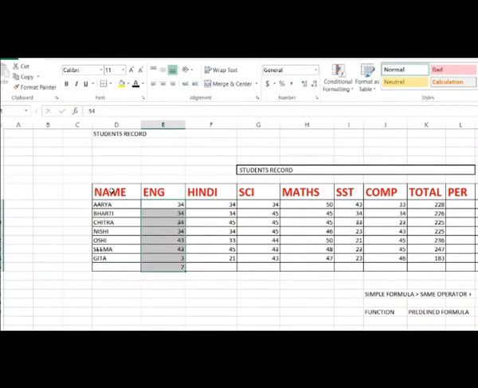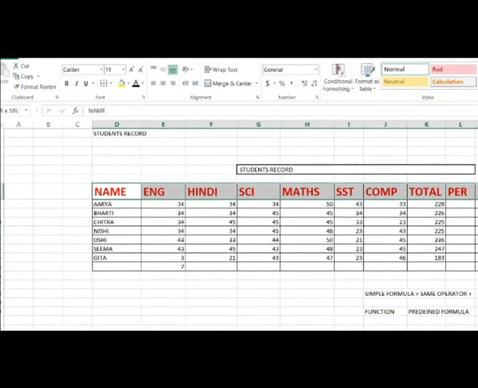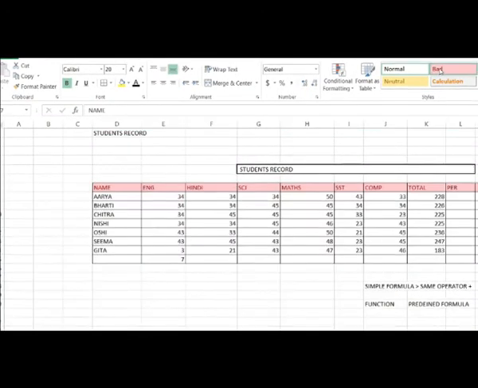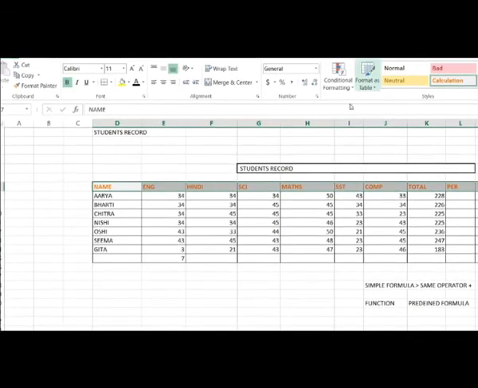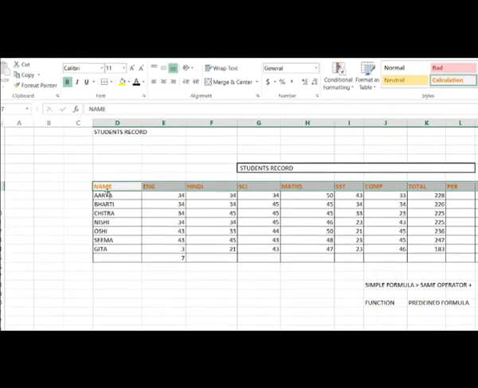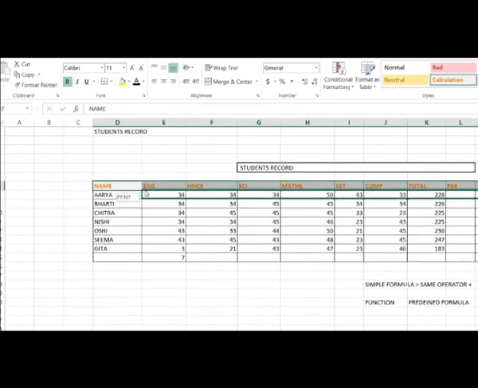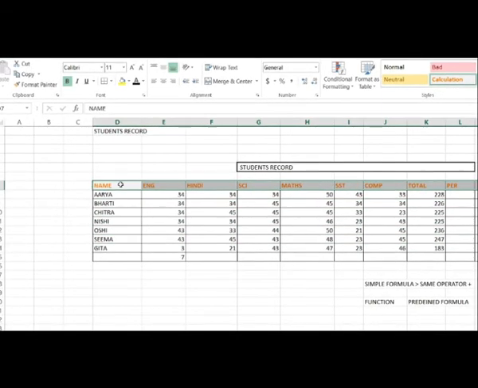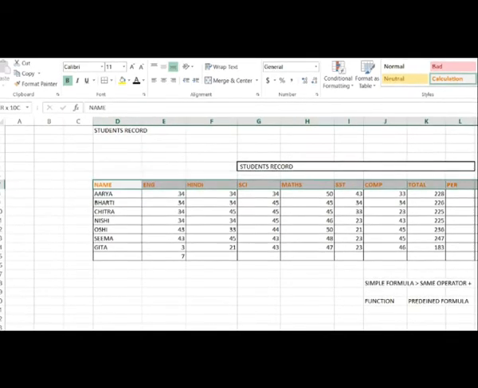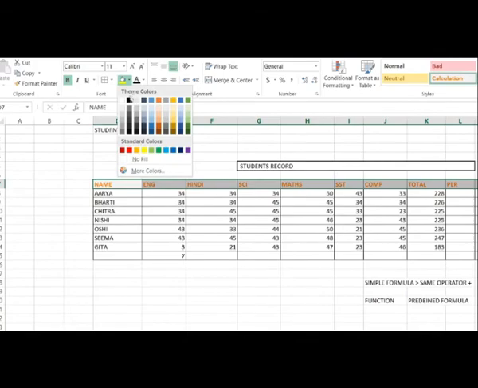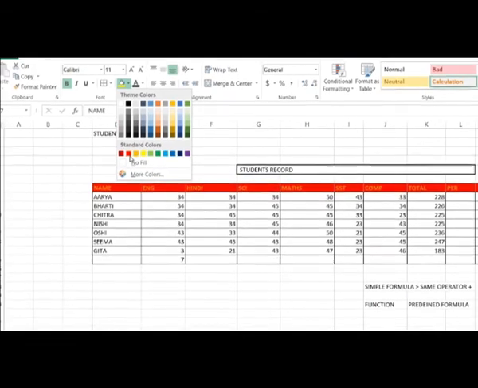Now I'll tell you how to format. You color it. See, it got changed. These are the design styles it will give to your table. You again see, wait. You want to fill the color, only this heading part, you want to fill with some color. Fill it. You want black.